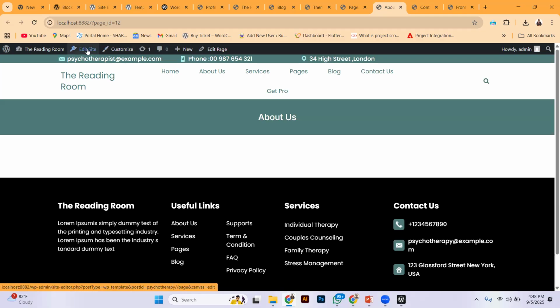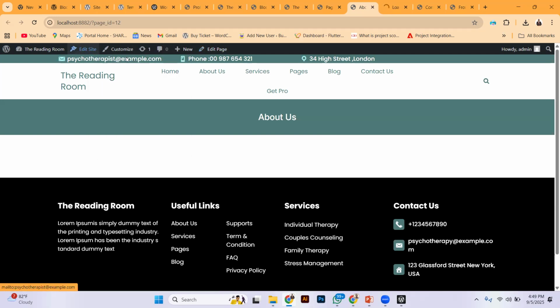Now, edit site is used to edit the template which is being used to display this page. Edit page is used to edit the page. And you look at the difference here. If I right click on edit site and open a new tab, and then here I just click on edit page, automatically it will take me to Gutenberg. Remember, for site editing, we are saying they use Gutenberg to edit the pages